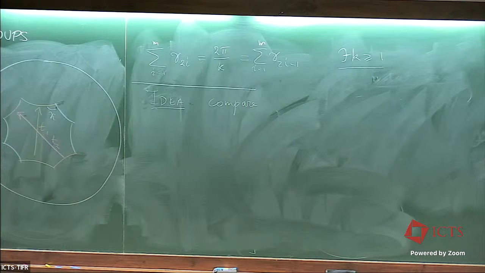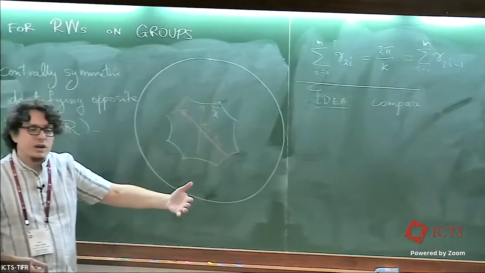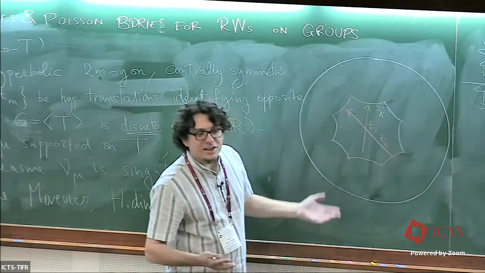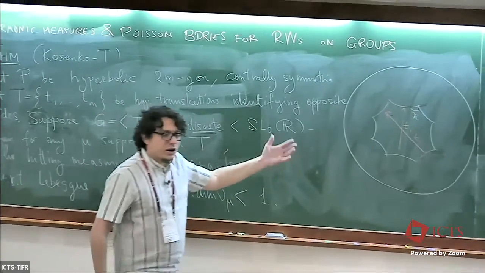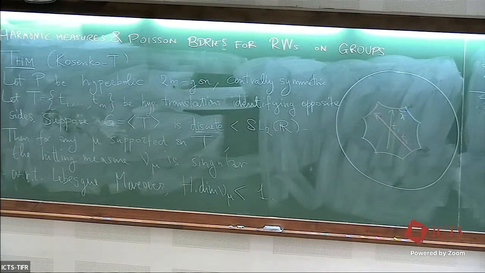On the other hand, this group is embedded in the isometries of hyperbolic space. So the hyperbolic space carries a hyperbolic metric. And obviously, the Lebesgue measure is, for instance, the Patterson-Sullivan measure in this case for this hyperbolic metric. In any case, it's a natural geometric metric. Okay, so the idea is to compare two metrics